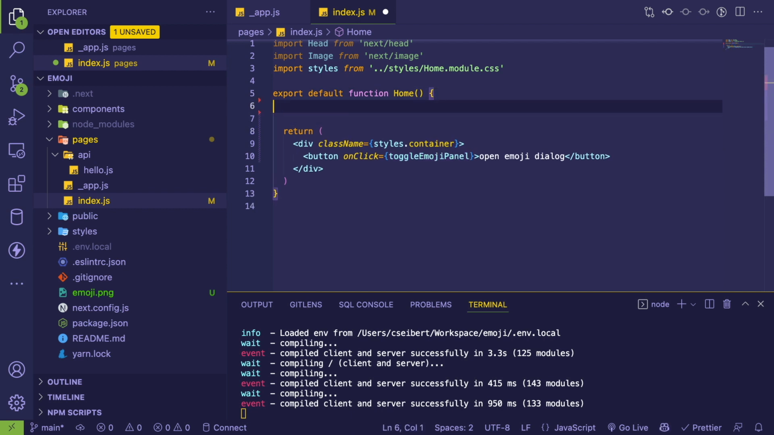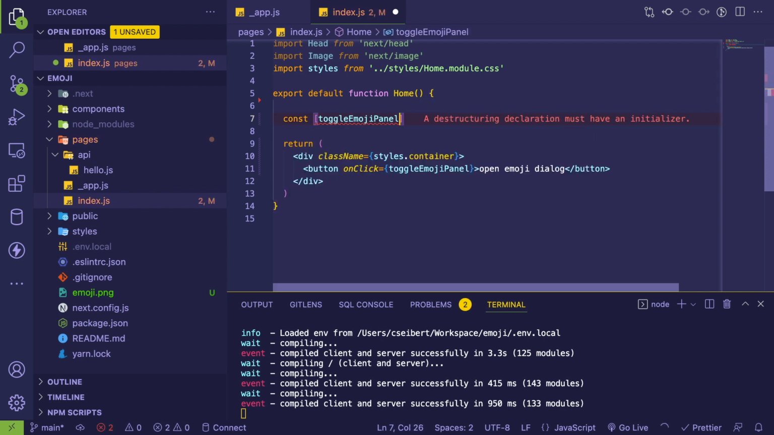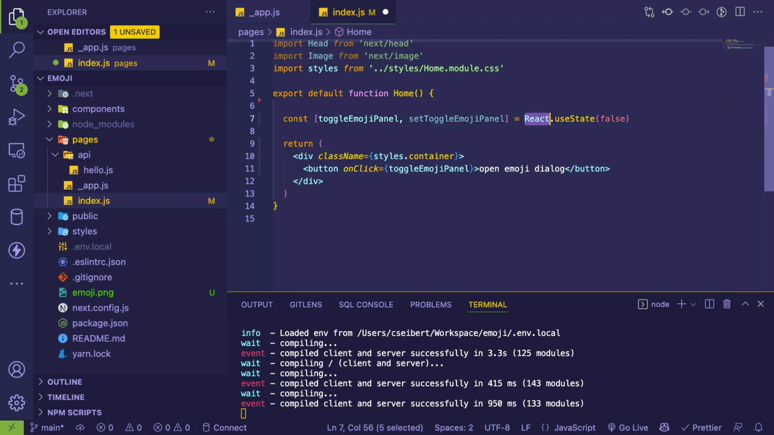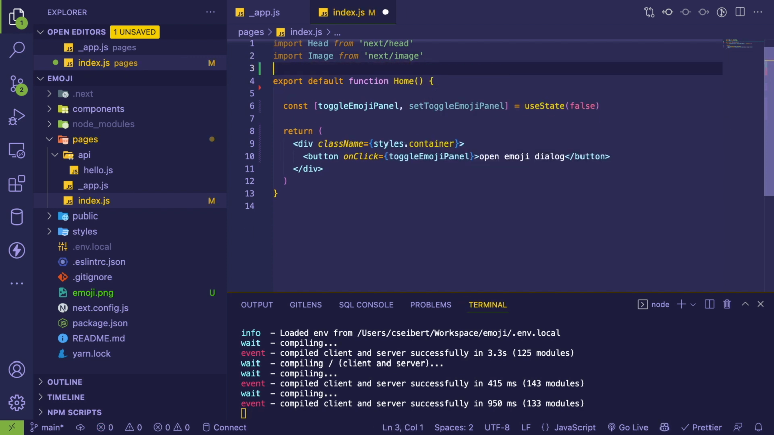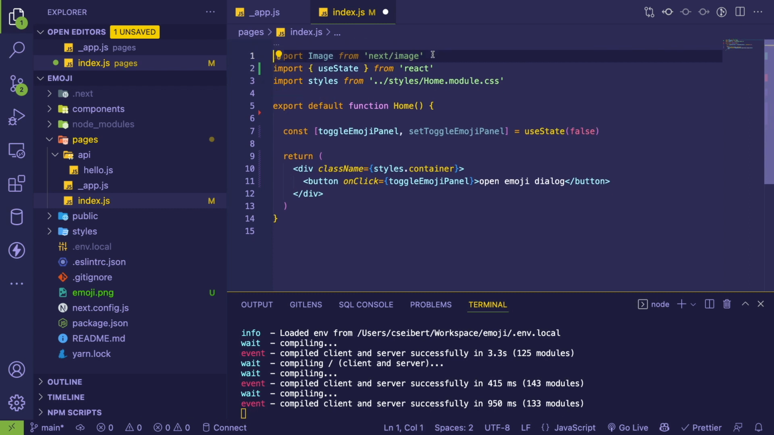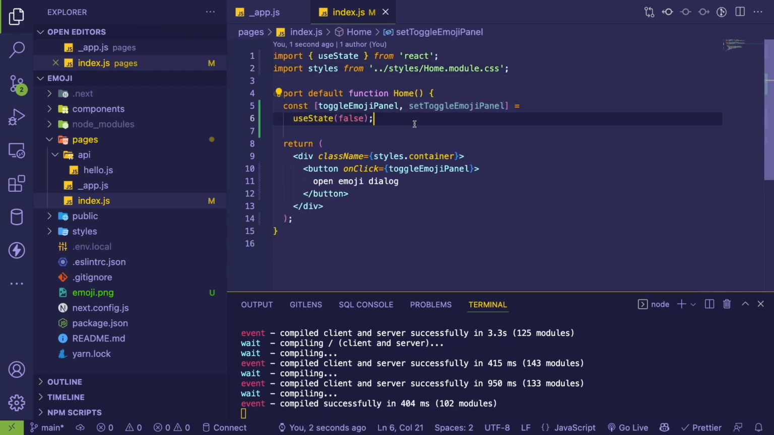So in order to do toggling, we need to use a state hook here. So I'm going to say const toggle emoji panel and set toggle emoji panel like this. Go ahead and just import that useState hook. So import useState from React. Go ahead and delete these two things up here. All right, so